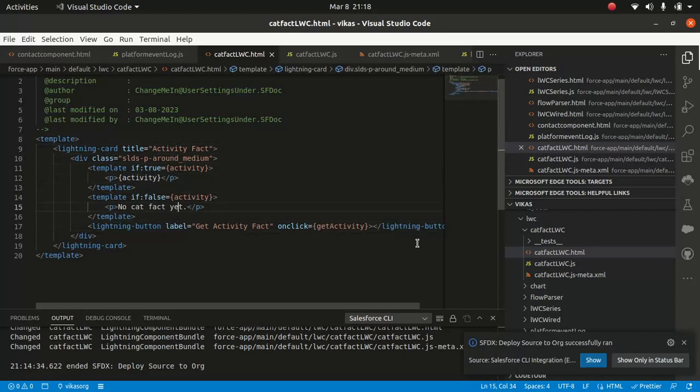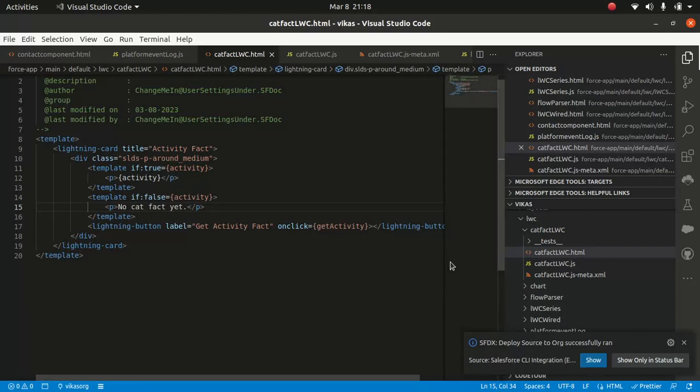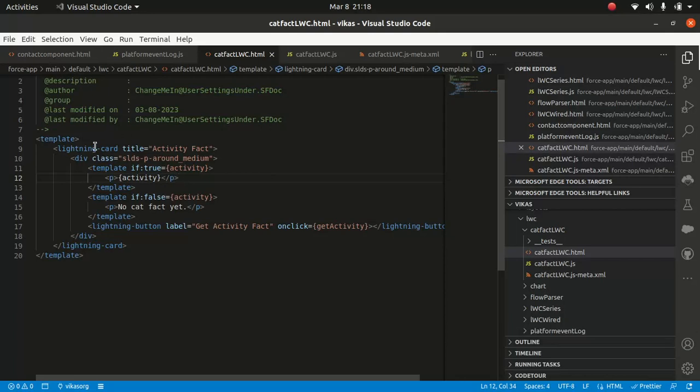Let's start with the HTML tag, that's the template one. So you have a template. I've used the lightning card. Lightning card is like a container, right? On which you can add different stuff. So I've used lightning card, and this is a div tag, and then I use